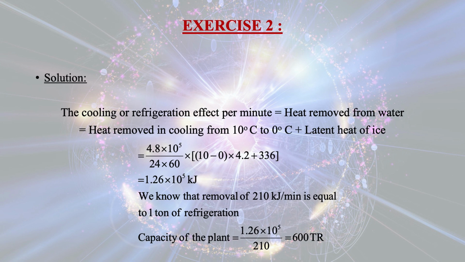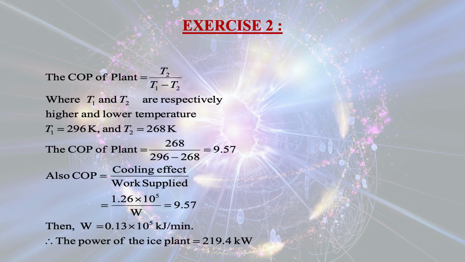We know that removal of 210 kJ per minute is equal to 1 ton of refrigeration. So capacity for this plant comes out to be 600 tons of refrigeration. So COP of the plant is equal to T2 divided by T1 minus T2. T1 and T2 are known. T1 for this problem is equal to 296 K and T2 is equal to 268 K. So COP of the plant comes out to be